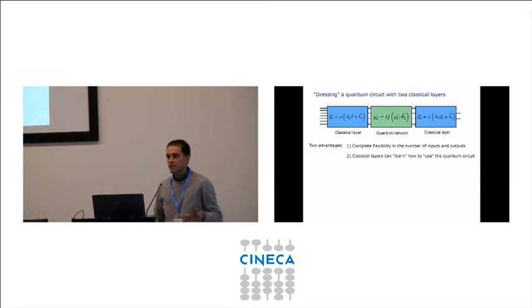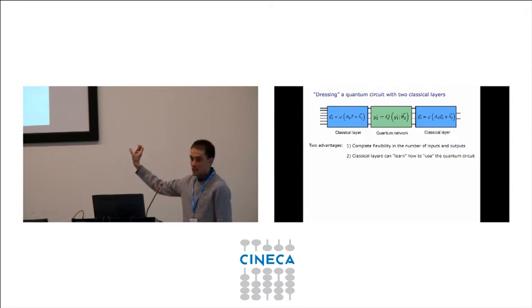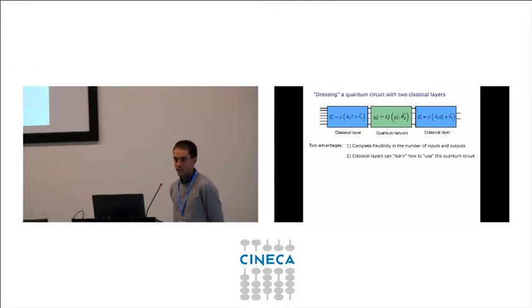So after this long introduction, let me present a simple model in which we mix a quantum circuit with classical circuits. The simplest thing that you can do is what we call the dressed quantum circuit. You get a quantum circuit in the middle, and then you put a classical layer before and a classical layer after it. Basically, you have some classical pre-processing and post-processing, and the large part of the computation is done by